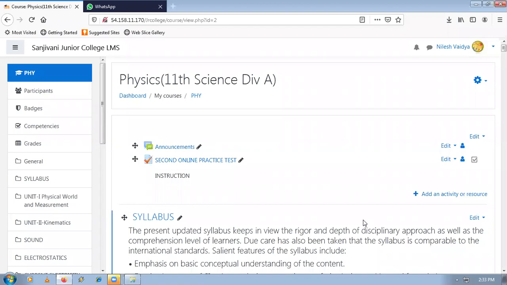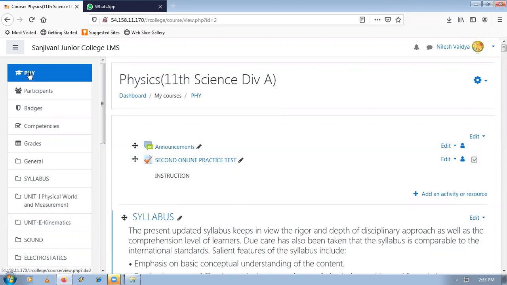Today I am going to show you how, if you have created one quiz for a particular division, suppose division A, and now you want to create the same quiz for division B also, or C also, or D also. I am going to talk about one shortcut for that, so that you will definitely save your time and you can create the same quiz within a second.